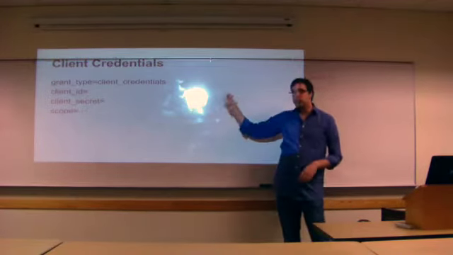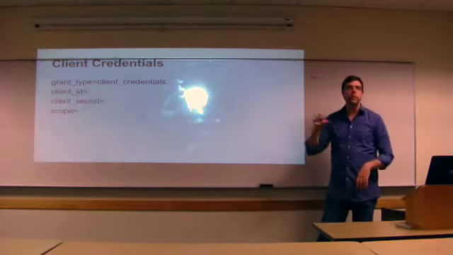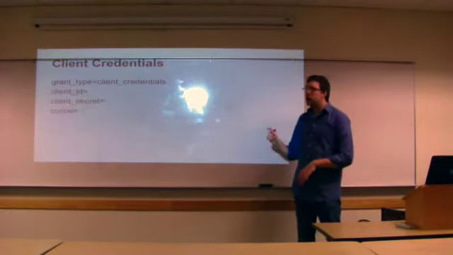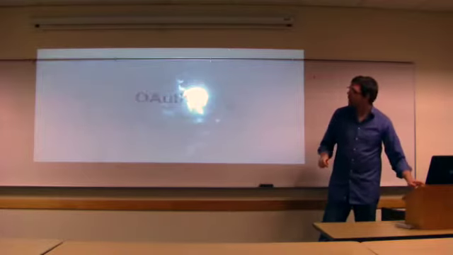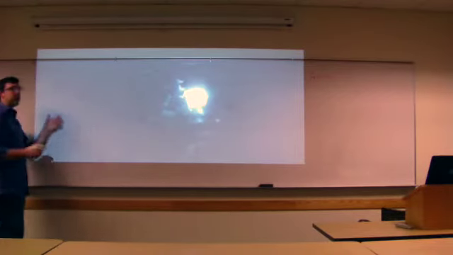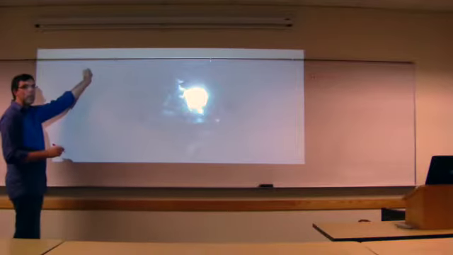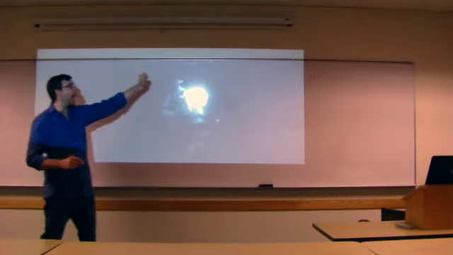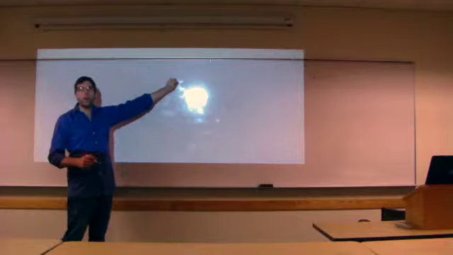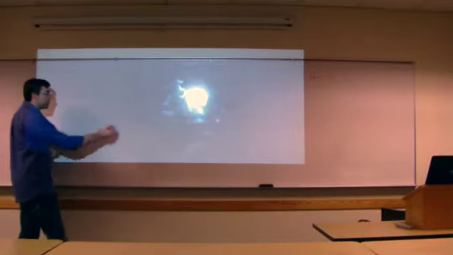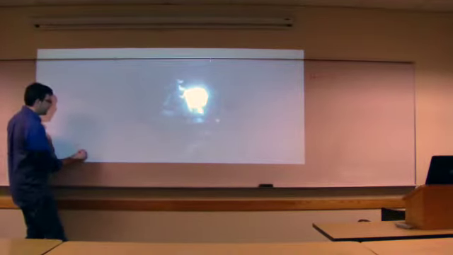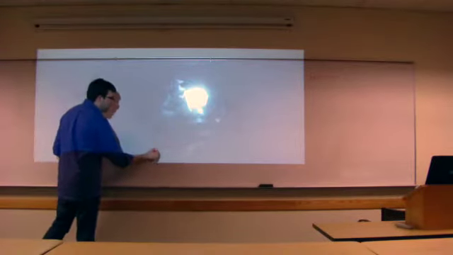So client credentials. This is another really simple one, super simple, but its use case is limited. Client credentials is just between the consumer and the provider directly. It's the antithesis of the implicit strategy. The implicit strategy is just between the end user and the provider's website. This one is explicitly between the consumer and the provider, and there's no web interaction at all.